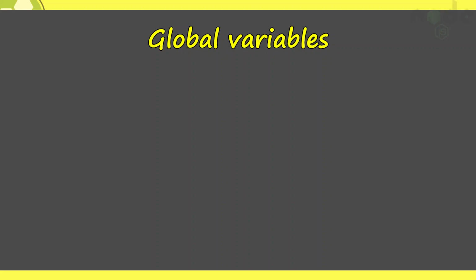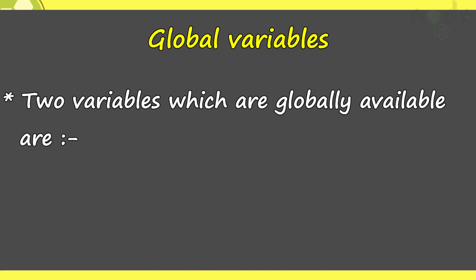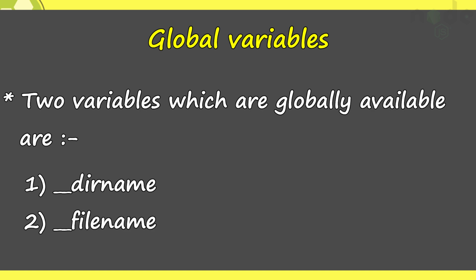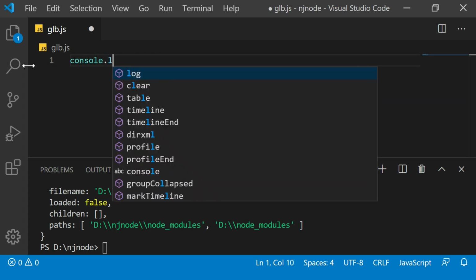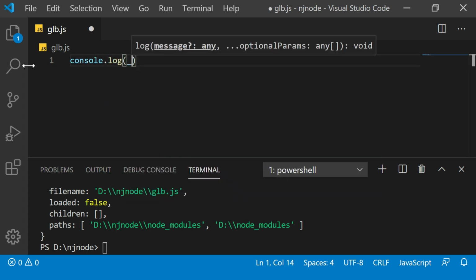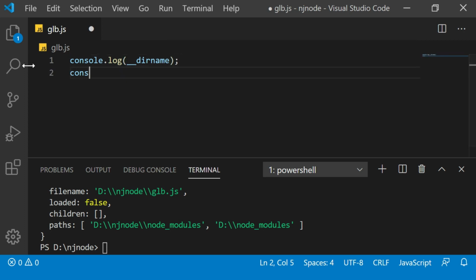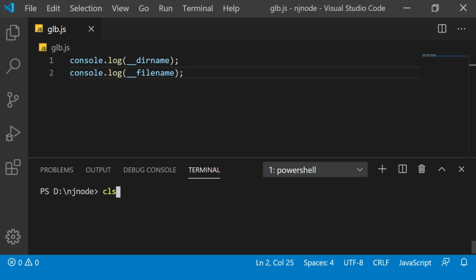But in this section, I would like to discuss two variables globally available named __dirname, that is the directory name, and __filename. I will show you the practical example. I'll say console log __dirname and __filename. I'll just save this and run the code.